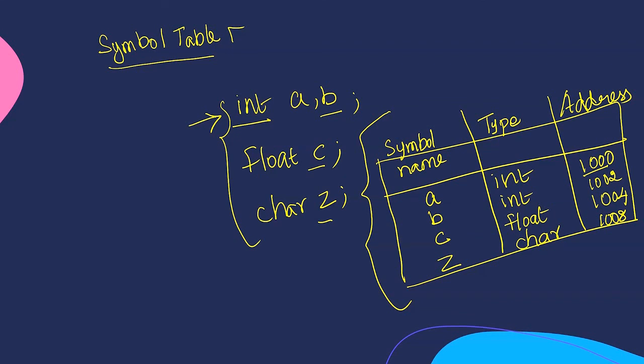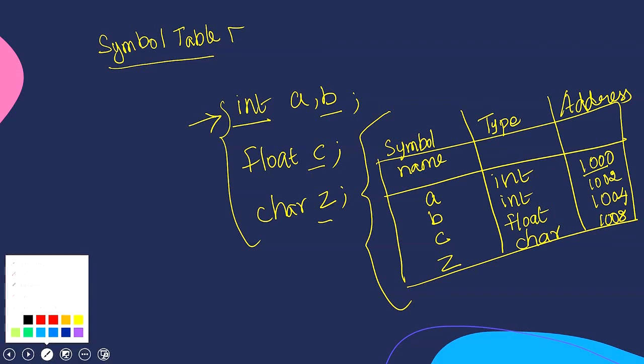So this is how a symbol table is created for the identifiers in the program. When an identifier is encountered in a program, an entry is marked in the symbol table with its type and the address where that particular identifier is located in the memory. So this is symbol table management. This symbol table is added to or deleted from in all the phases of the compiler.